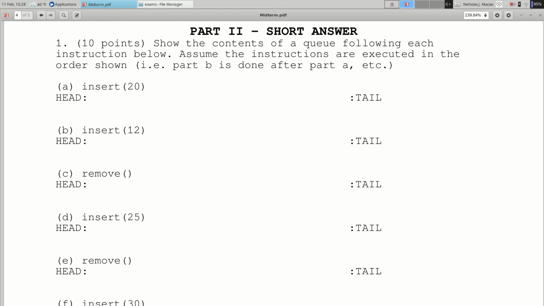But abstractly, just think of the head as the part of the queue where the thing that's going to come out first is sitting. And the tail is the other end of the queue. So even though it's just a collection of stuff, it's convenient to think of them as being stored in a big long line, or a queue. The tail is the back end, the head is the front end. That's really all that's going on here. And when we implement with a linked list, or an array, or a pair of arrays, or whatever we decide to do, these things have very specific meanings, but abstractly,